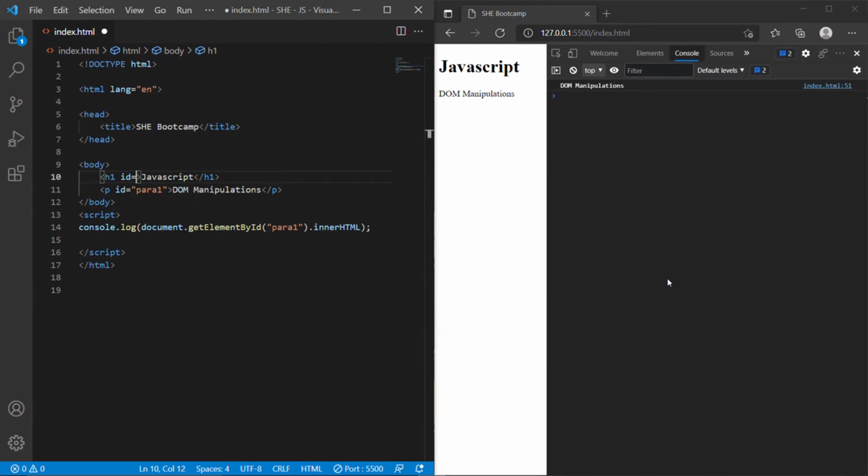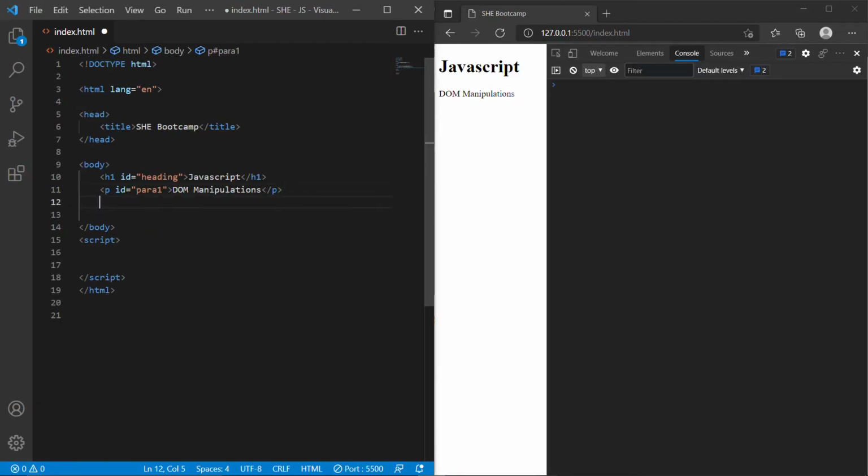Let's give an ID to it, say heading, and change the argument here as heading. So what will it return? getElementById will return the corresponding h1 tag with ID heading. Dot innerHTML will return JavaScript. So far we have learned a method getElementById and a property innerHTML. More properties and methods will be discussed later in this video.